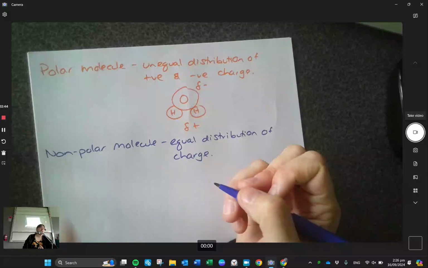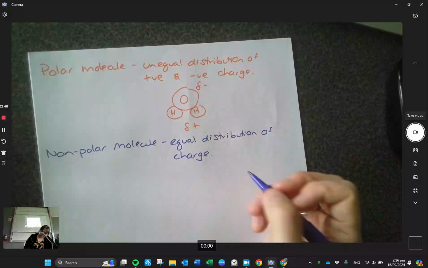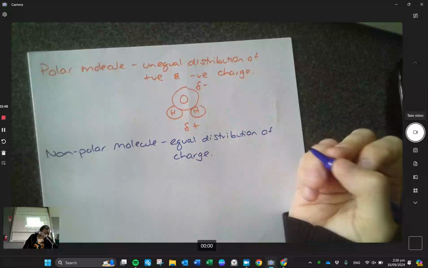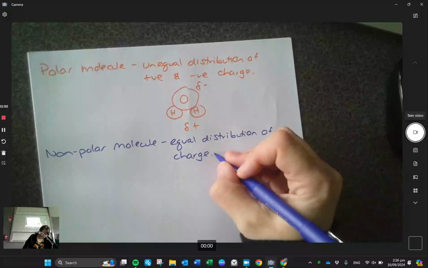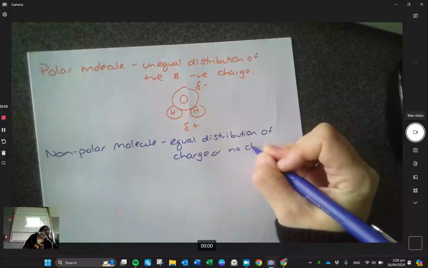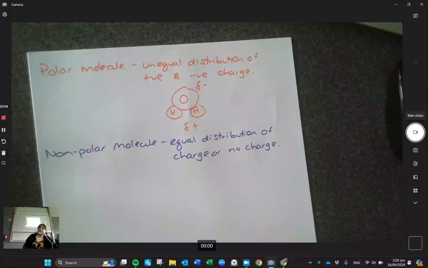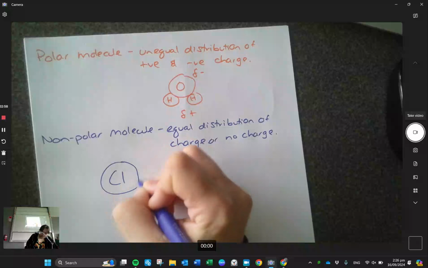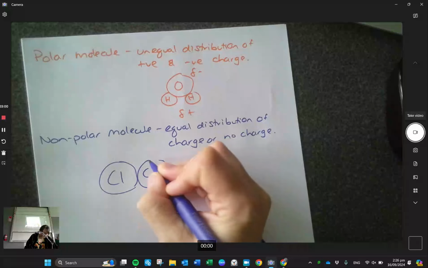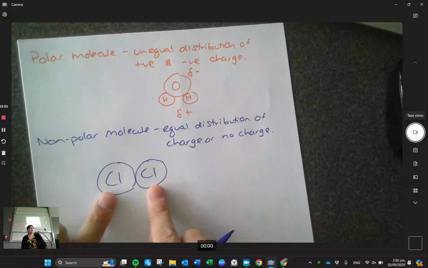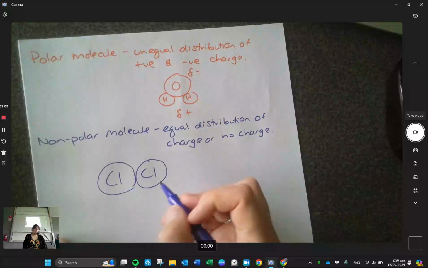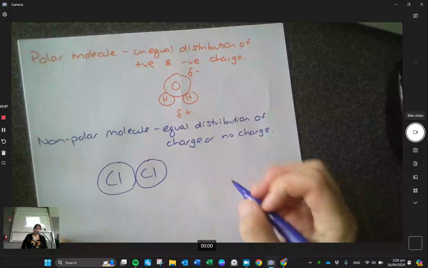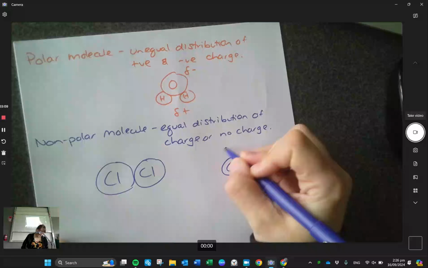Or if it does, it cancels out. So for example, we could have something like the chlorine molecule. Both of these are the same thing, so they're going to share those electrons evenly, and so it's going to have no charge. Another example could be methane,